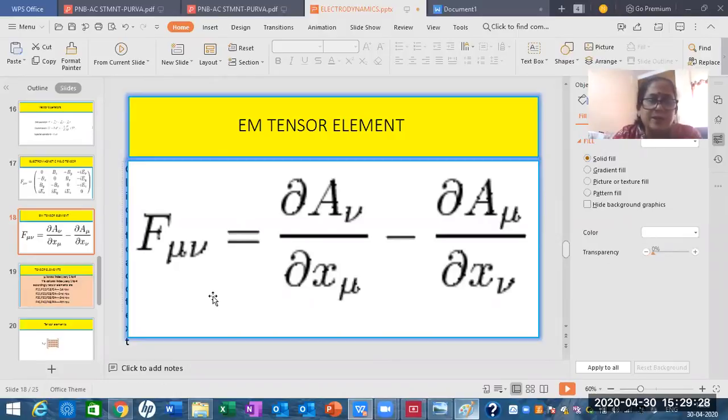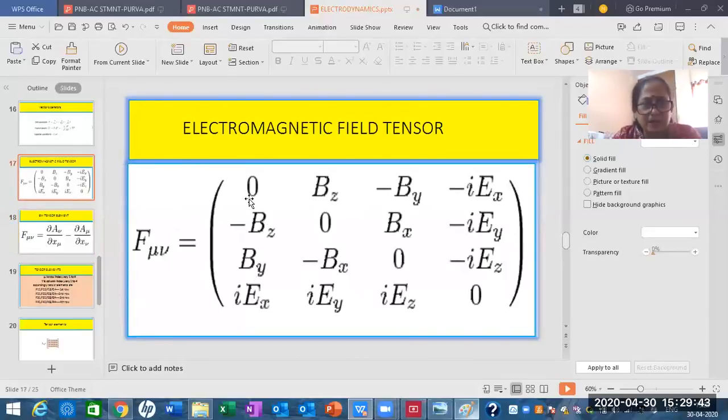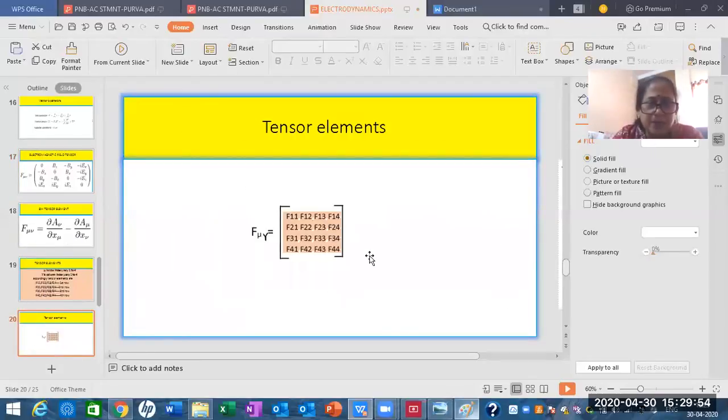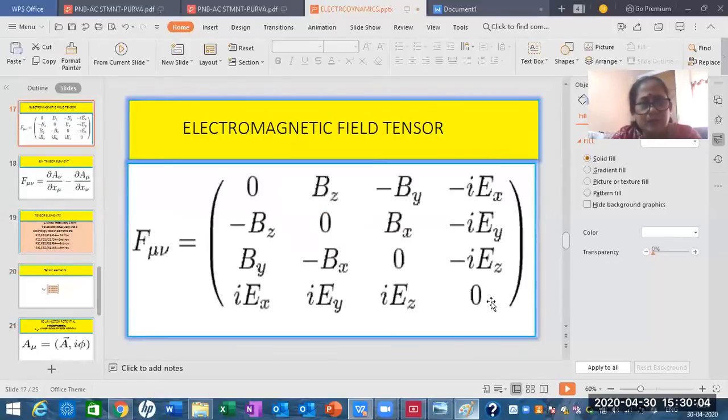So similarly, you calculate F33, third row, third column, diagonal element, the value is 0. Again, fourth row, fourth column, the fourth diagonal element, the value is 0. So come back to this matrix. So you can see here F11, F22, F33 and F44. Okay. So that's what I have written. So you can see here F11, F22, F33 and F44. Fine. So all these diagonal elements, the value is 0. Okay.